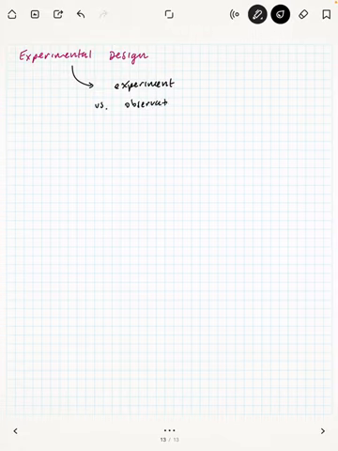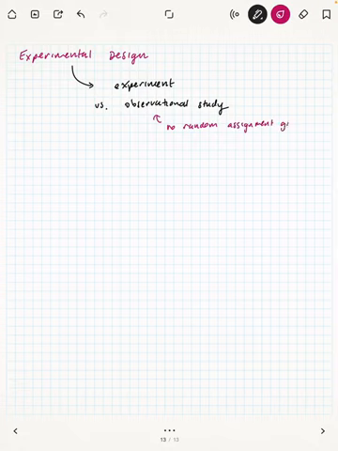So experimental design actually refers to a set of practices, but specifically, we're going to be looking at what an experiment is. And in statistics, this has a very precise definition and is not to be confused with observational studies. The difference is, with an observational study, there is no random assignment of groups. So you are not interfering with the variables themselves. You are just